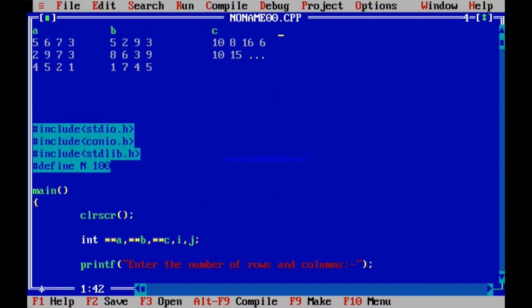If you remember, then you remember that A is a pointer to a pointer. It points to several pointers. Why does A point to several pointers? Because each of these pointers actually points to the elements. This is the number of rows, pointers equal to number of rows, and this is equal to number of rows into columns. So, this is number of columns firstly.